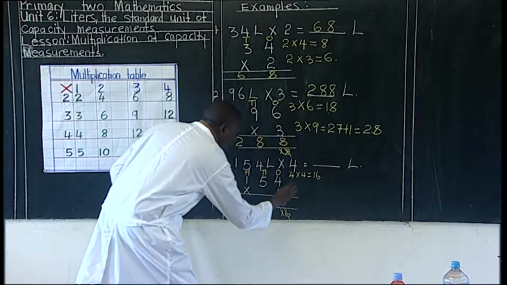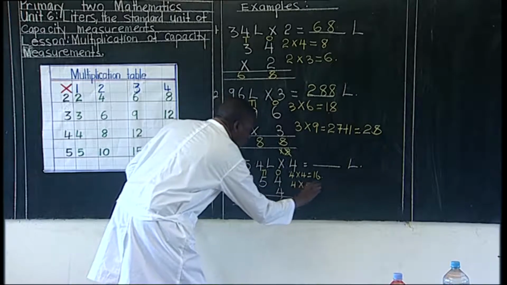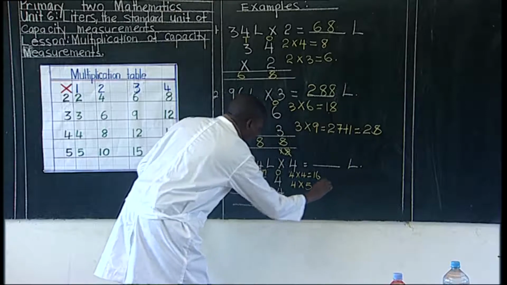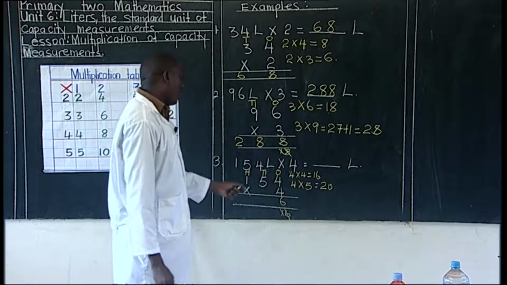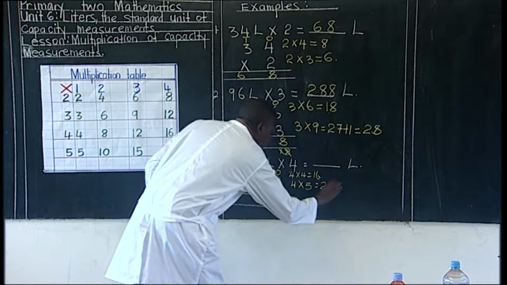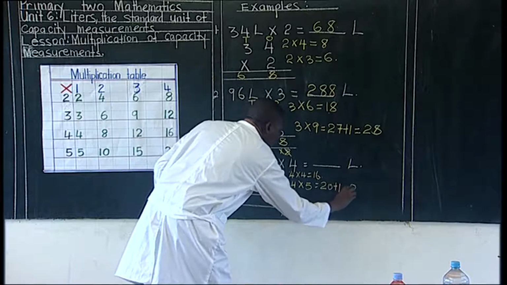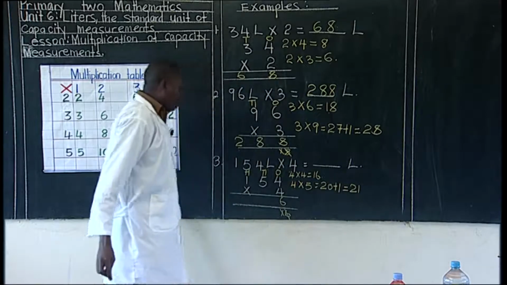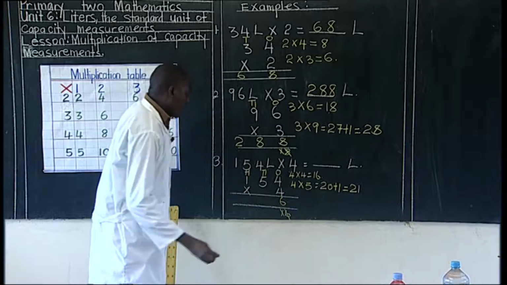Then we shall say 4 times 5 equals 20. Remember, there is something we kept. What do we keep? We kept 1 tens. It is here. So 20, we shall say plus that 1. It will be 21. Do you know what? Again, we have 2 numbers. So we shall say